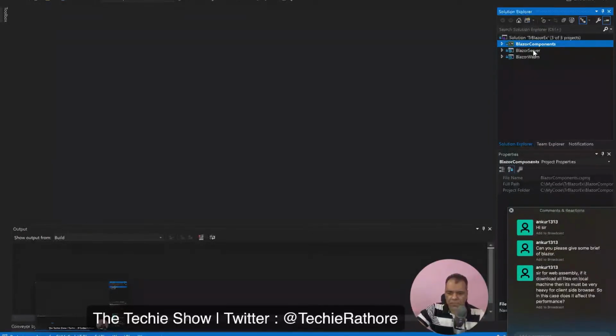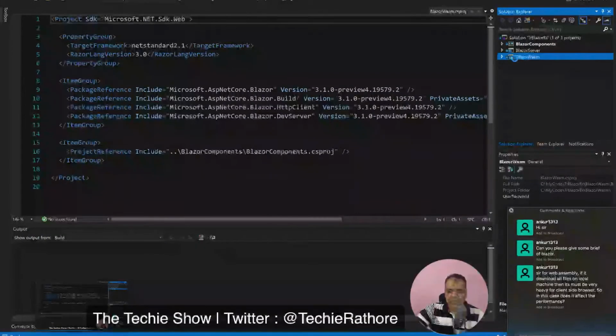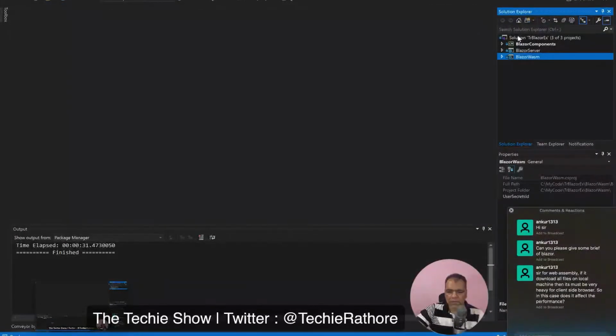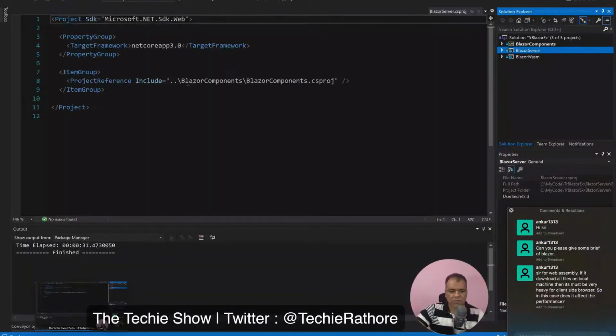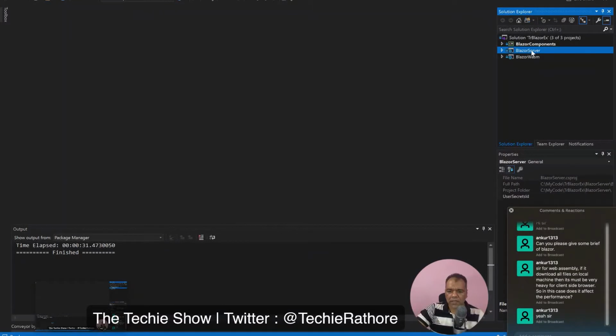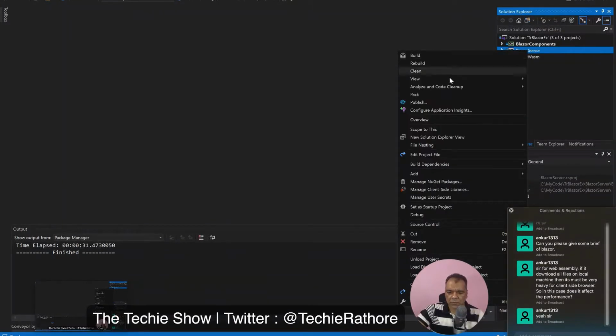Okay, so we have 3 projects in our solution. The first one is Blazor components, another one is Blazor server, and this one is Blazor WASM, which is your Blazor WebAssembly. As you can see, it's using the ASP.NET Core Blazor preview version, 3.1 preview and all. And this Blazor server is a .NET Core 3 app. So when I set this as startup project,